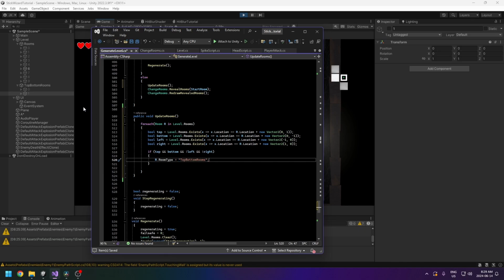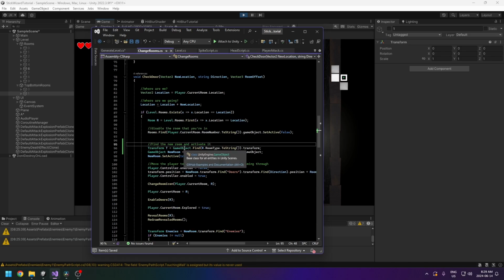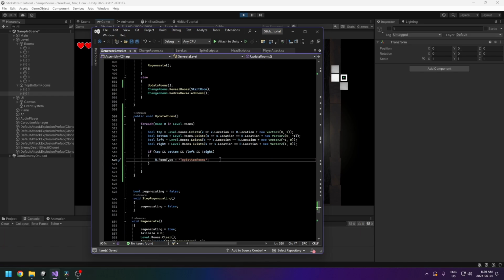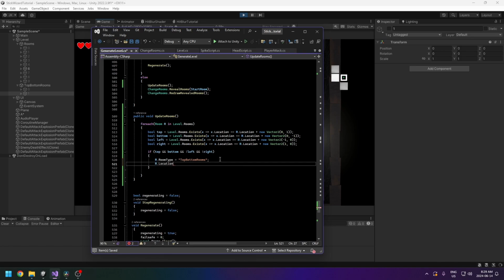Make sure this exactly matches the spelling in the transform, okay? Because it's going to look in our other code, where we look this up. So we're doing GameObject.Find with the room type. So if this doesn't exactly match this, you're going to get errors, okay? And then the room number